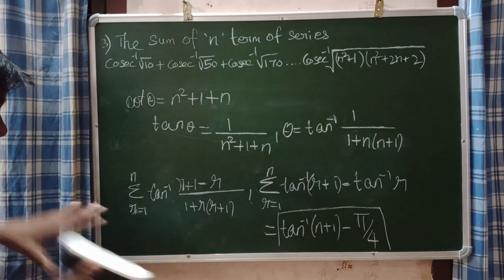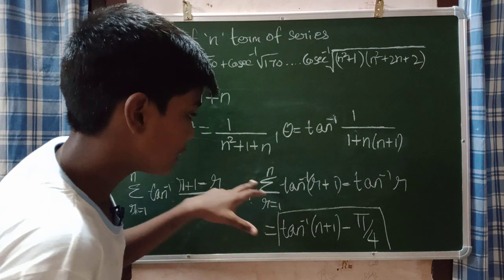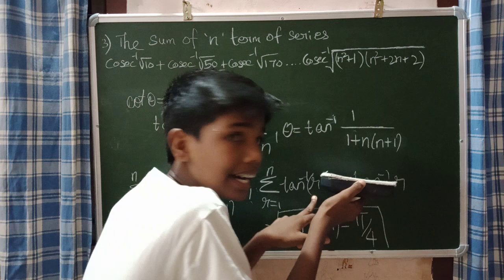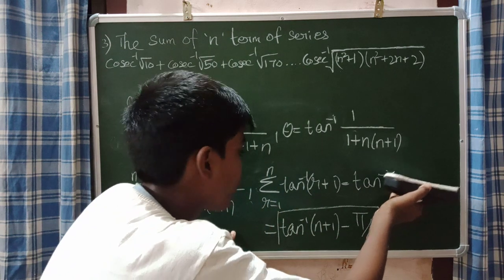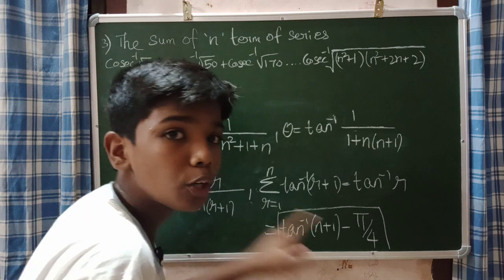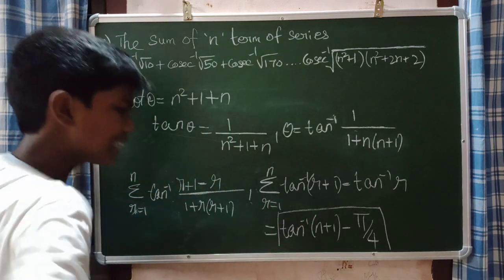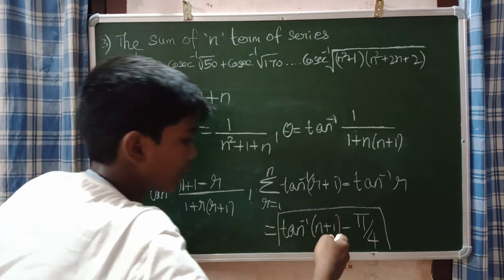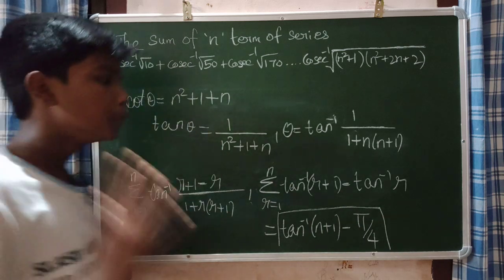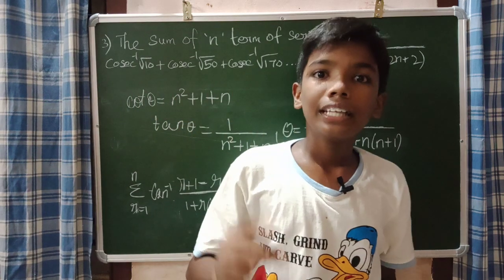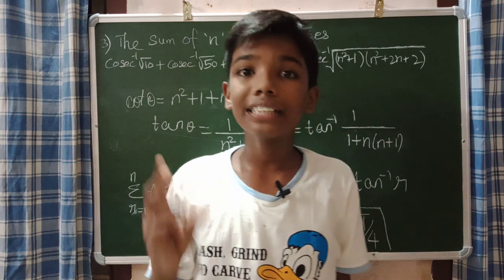How? That means I put r is equal to n in the first tan inverse of r plus 1. Then minus tan inverse of r, I put 1 in place of this r, because r is equal to 1. That's what I did. So it will change it as tan inverse of n plus 1 minus pi by 4. This is the answer. The question is beautiful, guys. That is amazing, man.